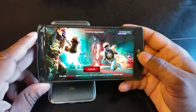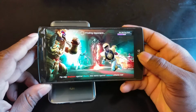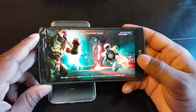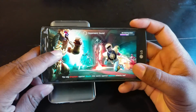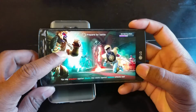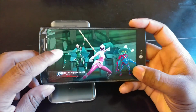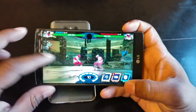It only really depends on how good your internet connection is, if you have Wi-Fi or if you're using data. And there's no dropped frames, there's no stuttering while playing this game. This game isn't the most demanding, but it's demanding enough that I can warrant using it as a benchmark. Yeah, I have a whole girl team, but